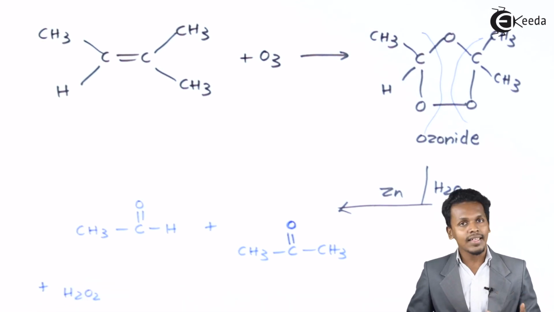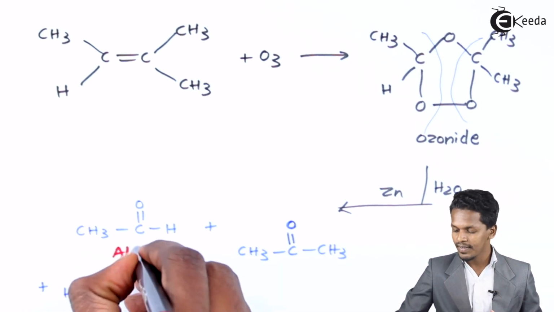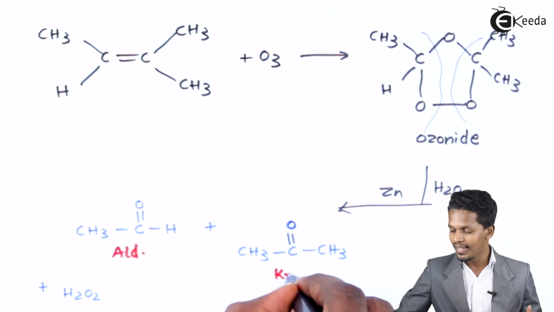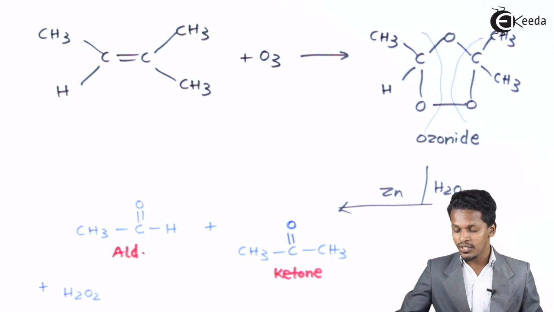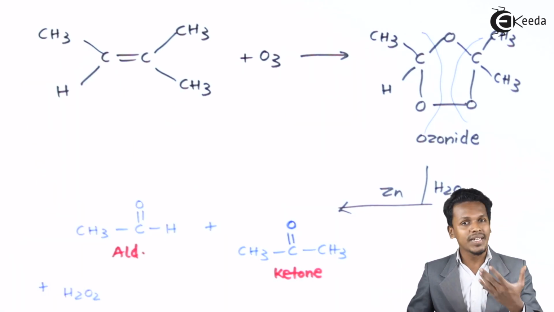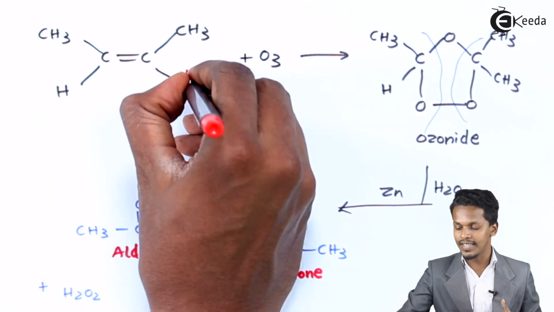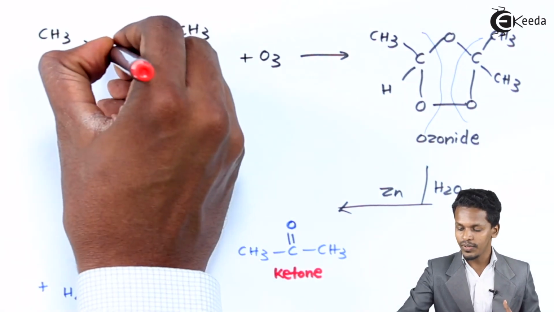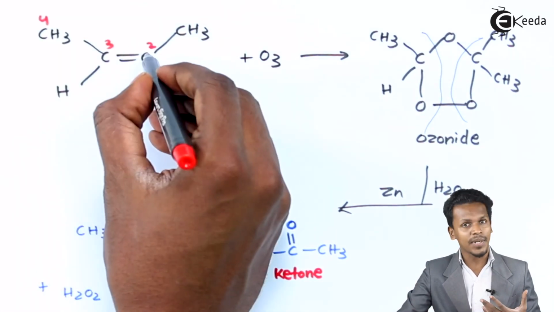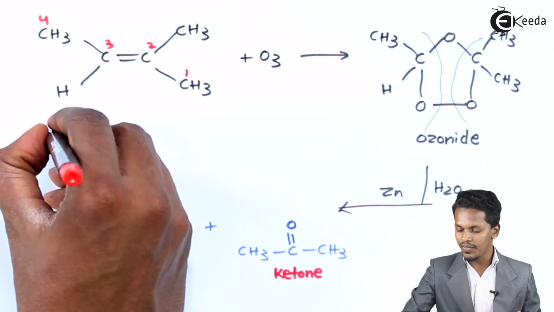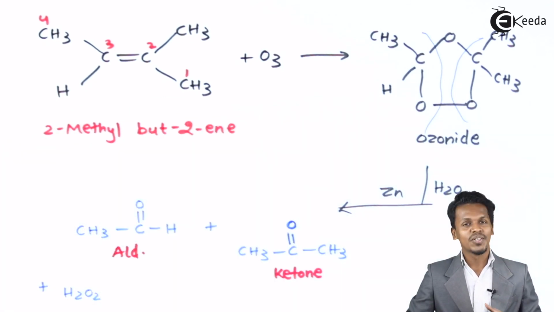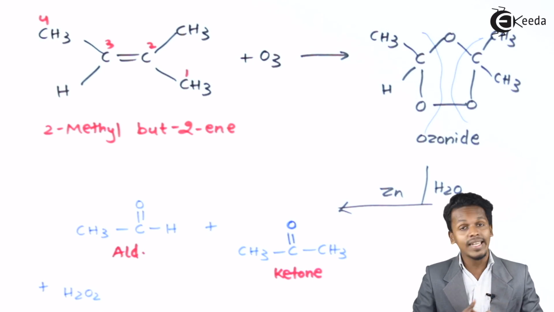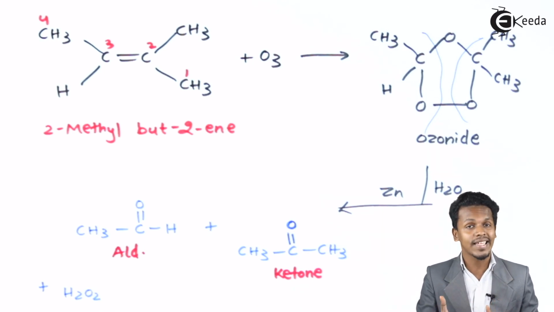But the main thing I am going to talk about is that we have formed an aldehyde as well as a ketone in the same reaction. So even this reaction is possible. For the reactant that we have considered, let me discuss the IUPAC nomenclature. This will be carbon number 1, this is carbon number 2, 3 and 4, and we can observe that on carbon number 2 there is a methyl group. Therefore the name of this is 2-methylbut-2-ene. Whenever 2-methylbut-2-ene undergoes the ozonolysis process, in the presence of zinc and H2O,